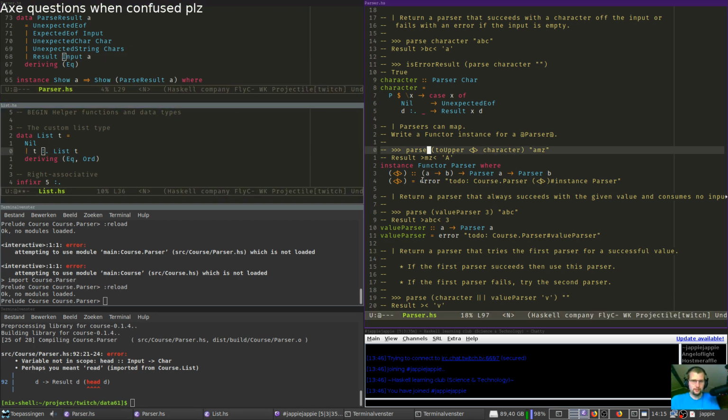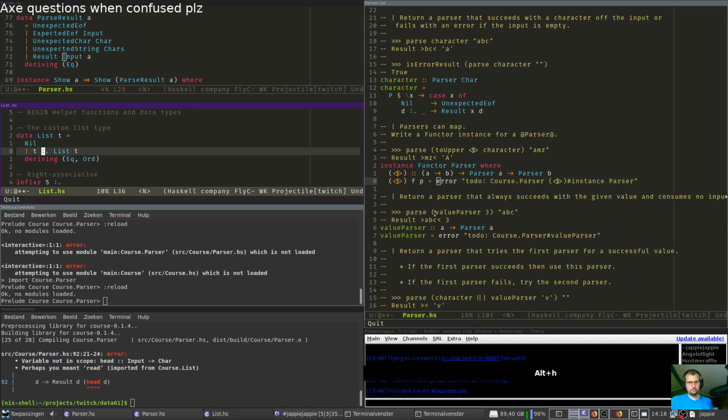But no, we should. What we get is an F, which will map over it, and we get a P parser, right? And what we can do now is basically open up the parser with pattern matching. The answer is always pattern matching, right?